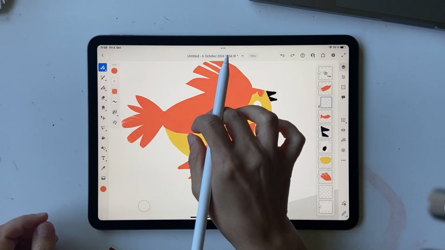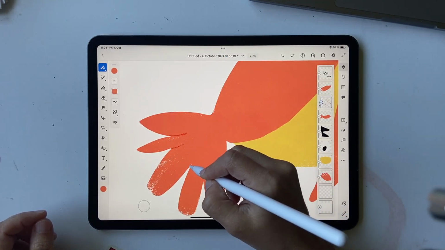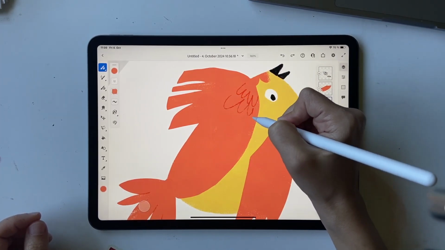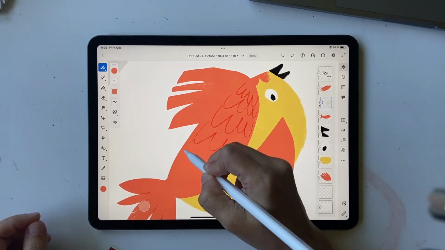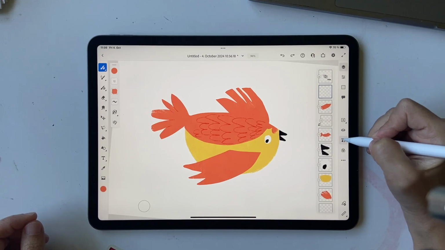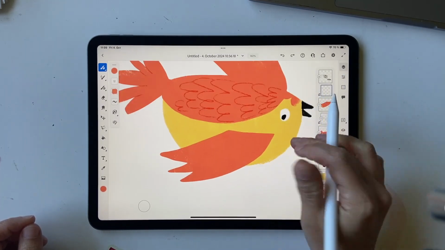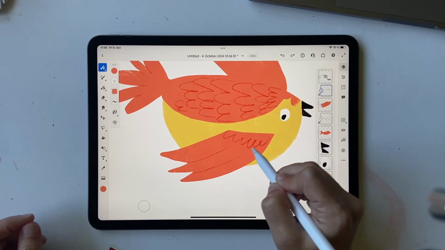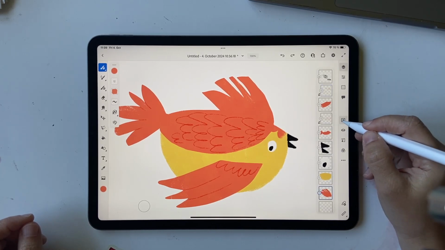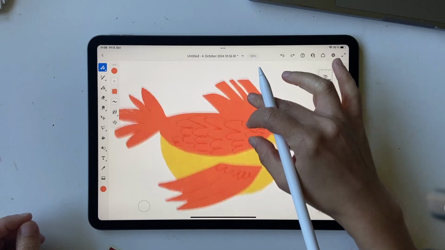And then we are here, so we're going to go ahead and give a bit of feather endings like this, and for here I'm just going to scribble. Let's go into the other wing here, plus, and again this has to be multiply, and then let's do this. That should be okay. And then let's go to the top one here, plus clipping mask, multiply, and then here,